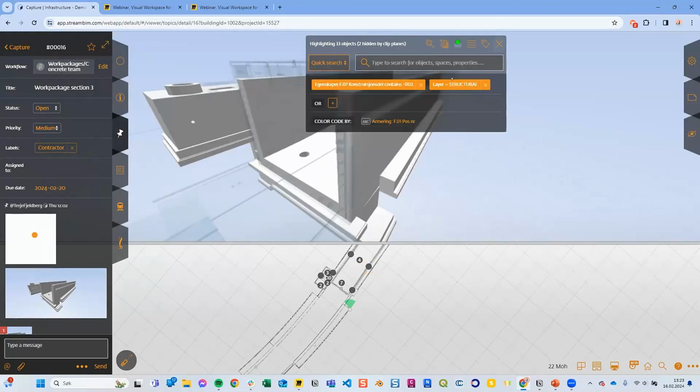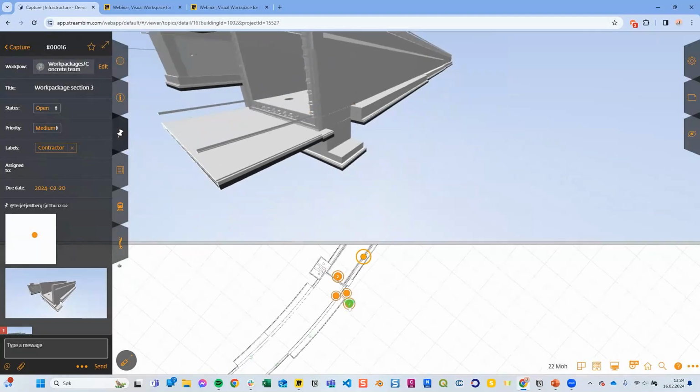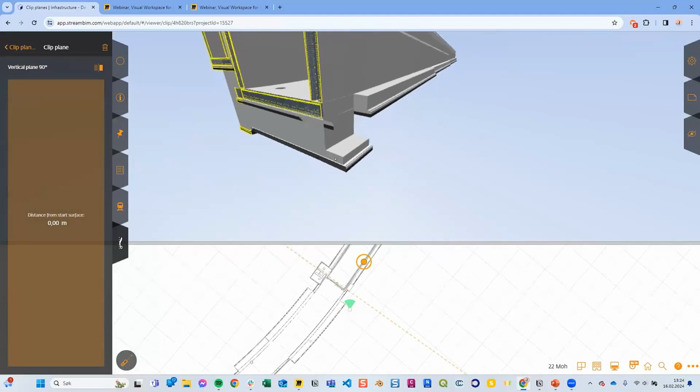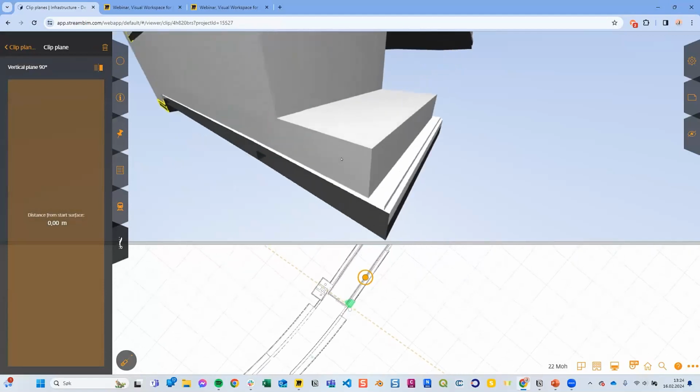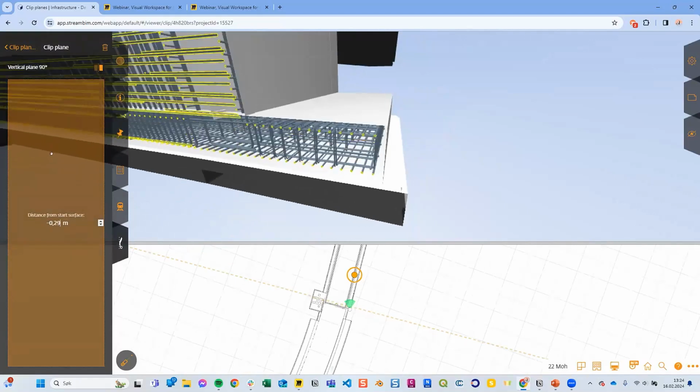So I will also show the measurement tools we have, because those are quite good. I will click play in here on the side and check the covering of the rebars as an example.